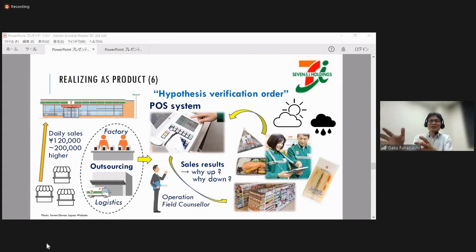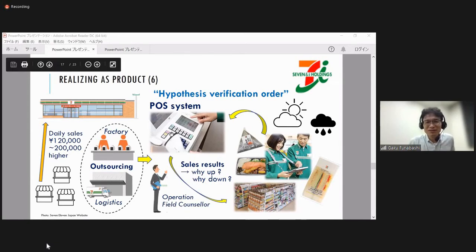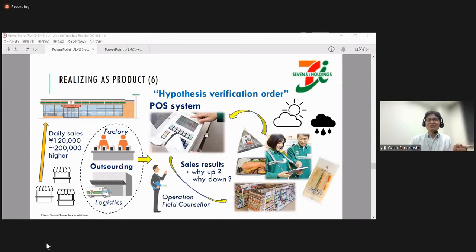When you see a woman, maybe in her 30s, around 35, then press the pink button of the 30s. So at the point of sale, not only do they get the information on what kind of products are sold, on what day, at what time, but they also include the information on what kind of people bought those products,